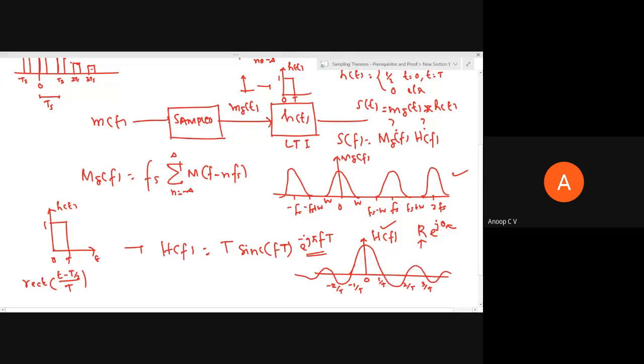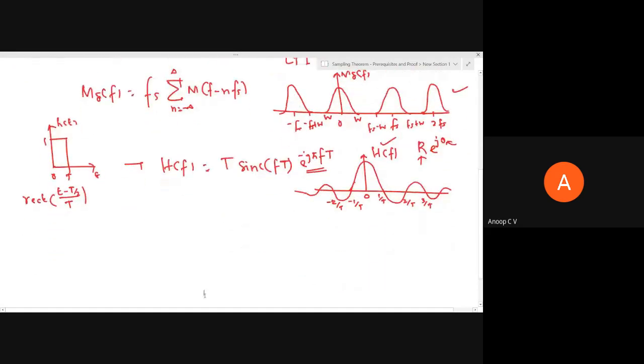Now in the further discussion, in the textbook they have shown only the magnitude response. If you take the magnitude response of h of f, it will be almost similar. Why? Because we don't have any phase component, and we don't have any negative part. But how do we find the magnitude response of this? When you find the magnitude, it's the mode of it.